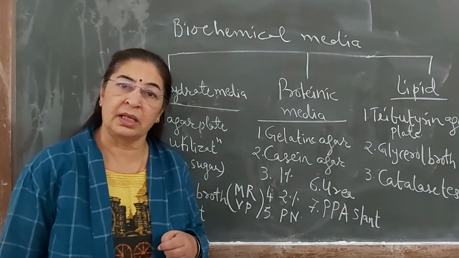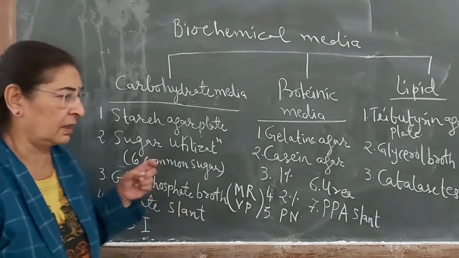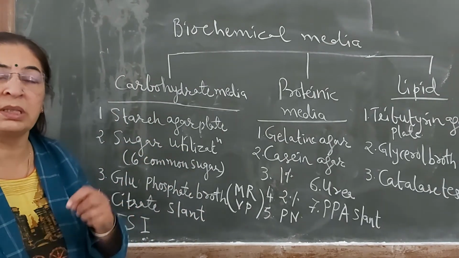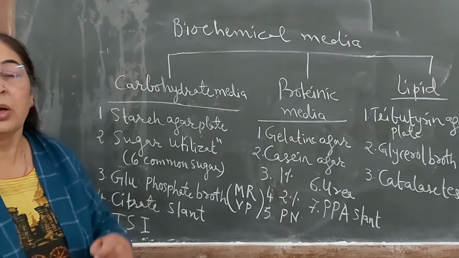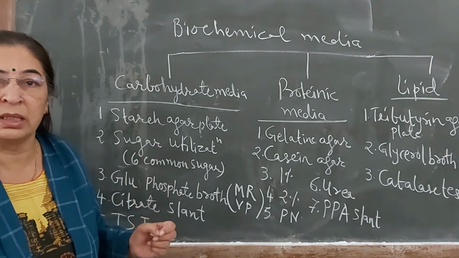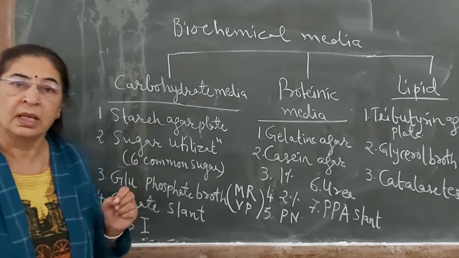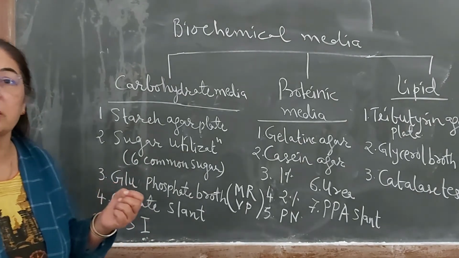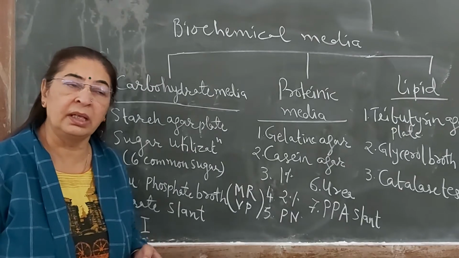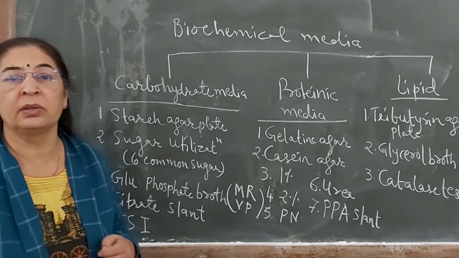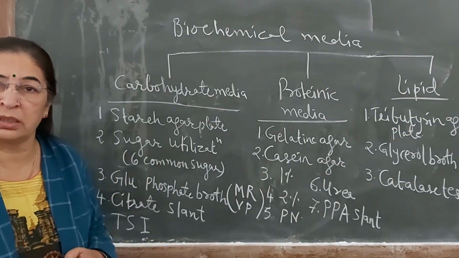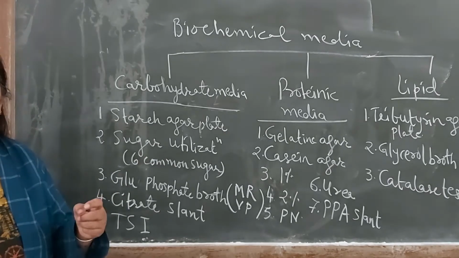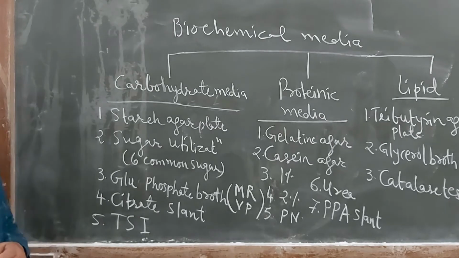One of the characterizations is biochemical characterization, where we are going to study the enzymes which are present in the bacteria. On the basis of that, we can identify them up to genus and sometimes up to species level. All these identification biochemical tests are given as per the Bergey's Manual of Determinative Bacteriology. This is the manual which is used all over the world. This particular manual is covered.